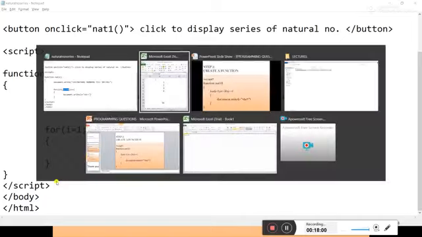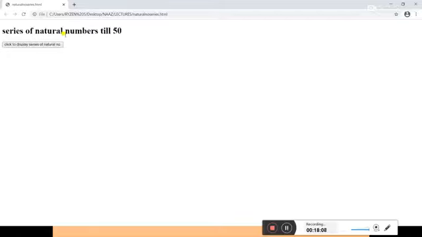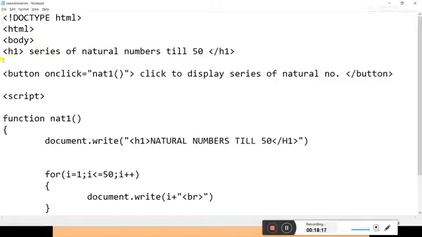Now we will see the output, how it displays the natural numbers. Now see, this is the page which I have created. See the program again. This is the page which I have created with a heading, series of natural numbers, and a button, right?